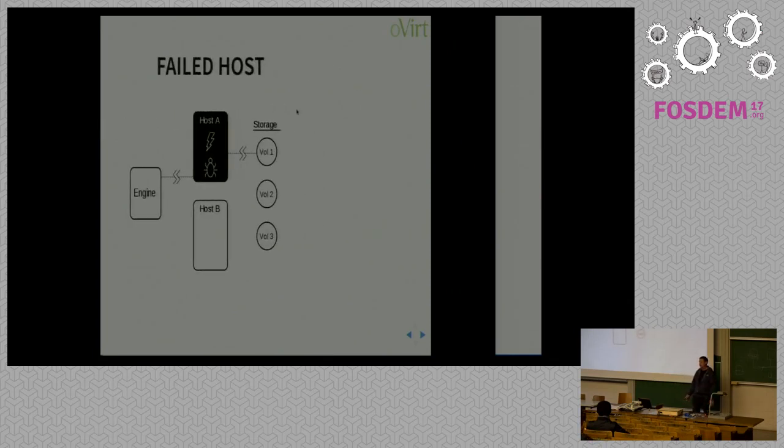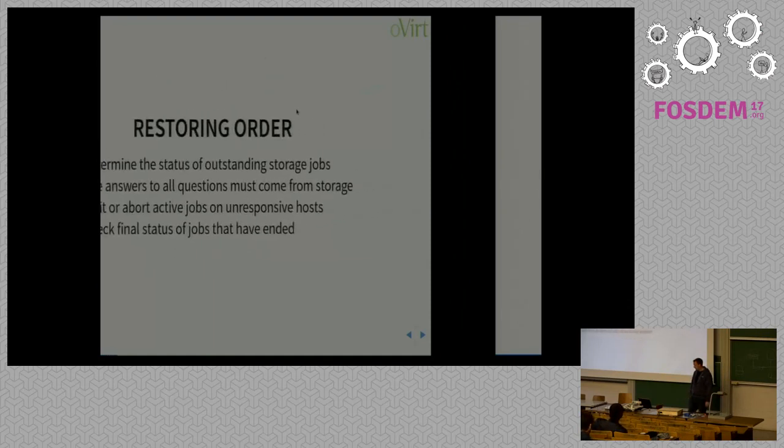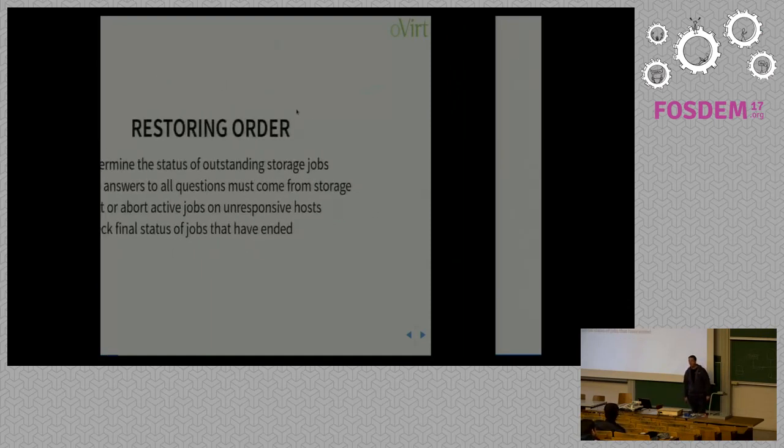And so this graphic here is just a little bit of a visual representation of what I said. The interesting thing is there are a lot of different ways that failures can happen with different effects. So the host can lose its connection to storage, Engine can lose its connection to the host, and then there could be internal problems with the host itself. And the main thing is a lot of these are going to look exactly the same to the Engine. So we can't say, if it was a power outage, do this, whatever. When it happens, we have no idea. So how do we restore order when we don't even know what went wrong?